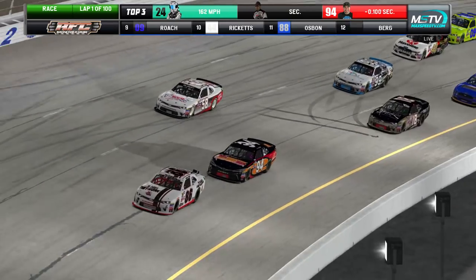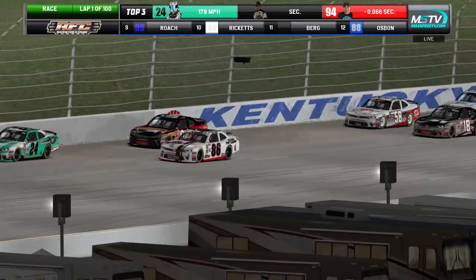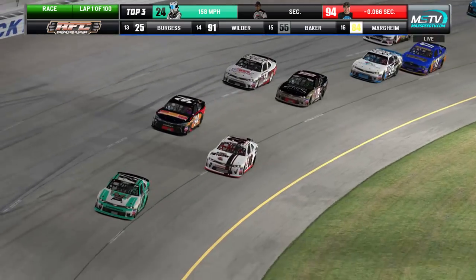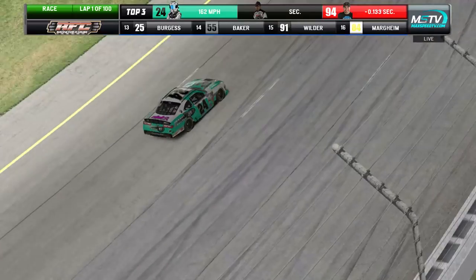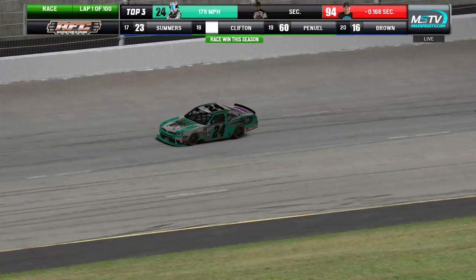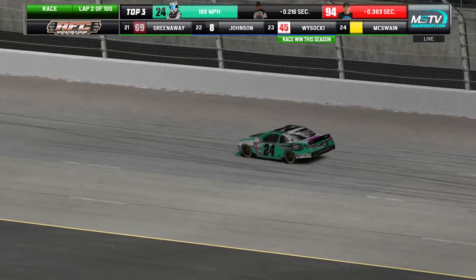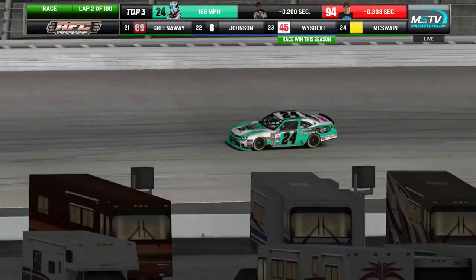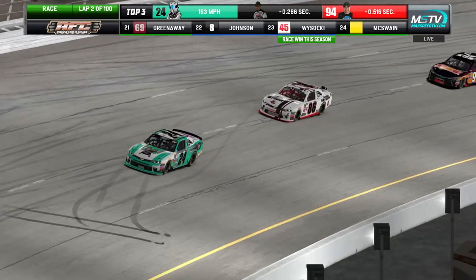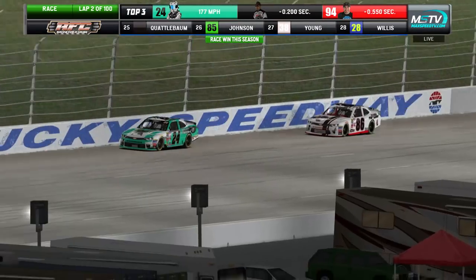Right now, Jerry West, Troy Radford right on the bottom. Radford getting a good run here. He's going to slice up to the high side. Sean Cool in the 24, though, wasting no time working that high line, taking this car right to the lead. That 24 machine looking very, very fast, looking to pick up another win on the season. Sean Cool could pull off a third win this season. He's already got 2 in the bank, but right now he is out front as we're already working lap 2